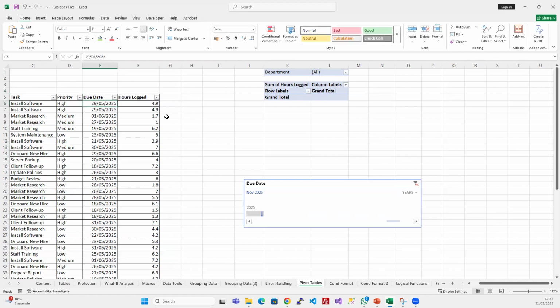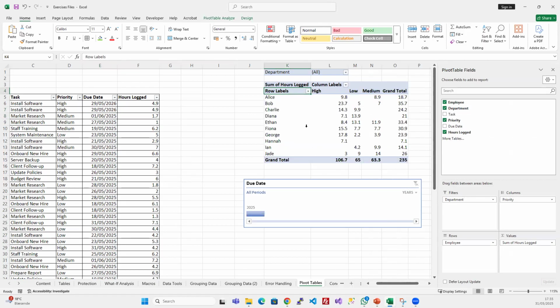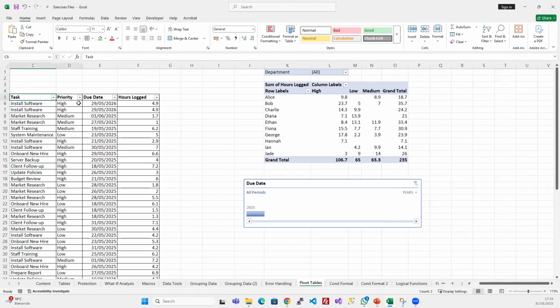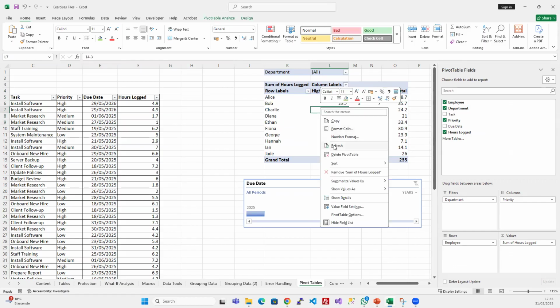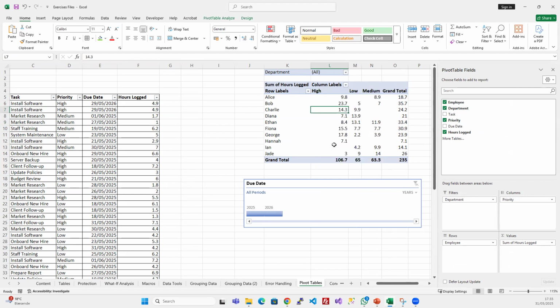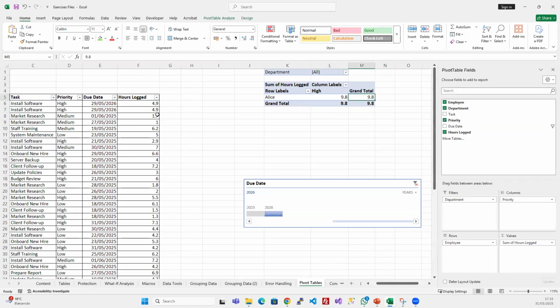Let's change this one to 2026, for example. Change this one also to 2026. And by the way, I will just clear that so we can see all the data. When you make changes to your source data, your pivot table does not refresh automatically. So you have to refresh it by right-clicking and clicking on refresh here. And when you do that, you can see here that my slicer has now been updated to add 2026 data in it. Okay, so I can click only 2026 and you can see it's only the 9.8 hours,